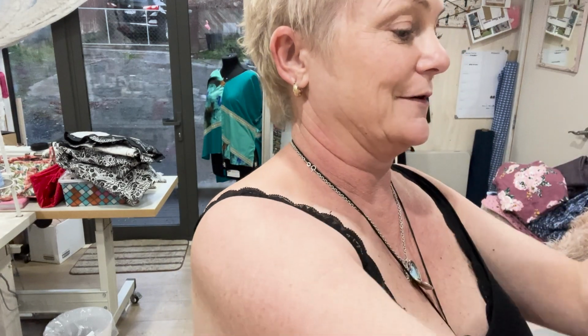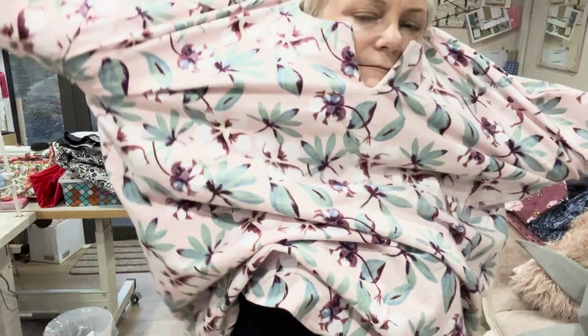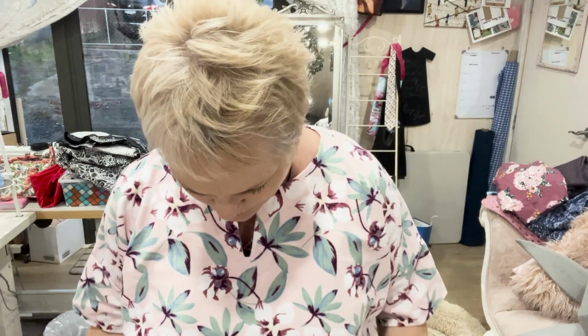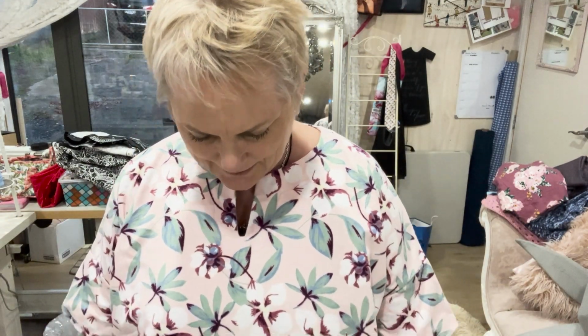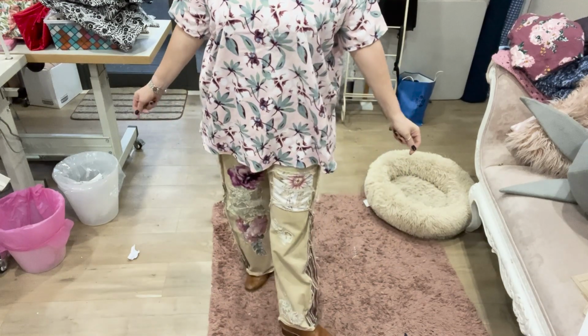I wrote the name in my book. I need to write up all my stuff I've been making. I've run out of room for stuff I've been making this year. I made a woman frock pajama top, or a woman's top